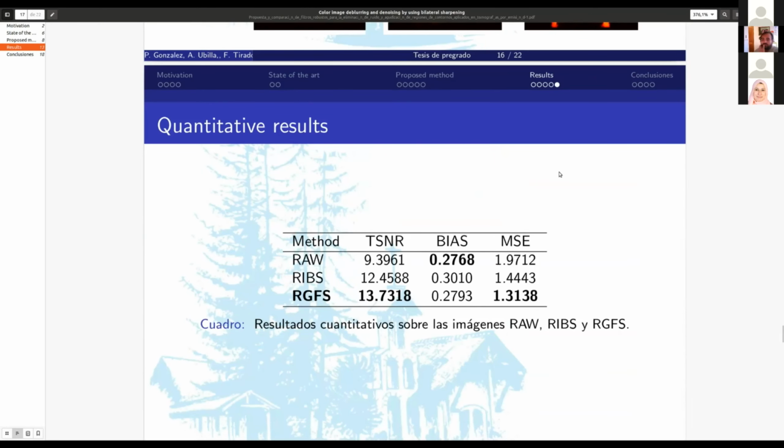Okay, the quantitative results. I'm comparing here with the other work, the future work, but in the reefs we have a very big improvement in comparison with the raw image, the unprocessed image, and we have very good values in TSNR, that is the figure of merit that considers the signal to noise ratio, and the BS, this is a very important figure of merit in medicine because we try to increase the BS significantly, and ENSEC that considers the variation and BS.